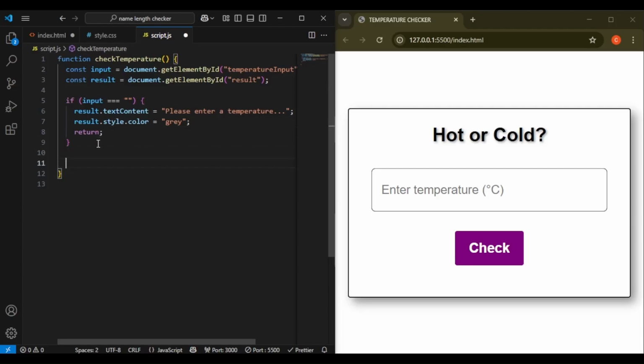Now, what if there is a value inside the input field? So we first get the input, the value, and place it inside the parseFloat method and assign it to the temperature variable temp. Then we check our first condition if there is a value inside the input field. So if the temp this time is greater or equal to 30,